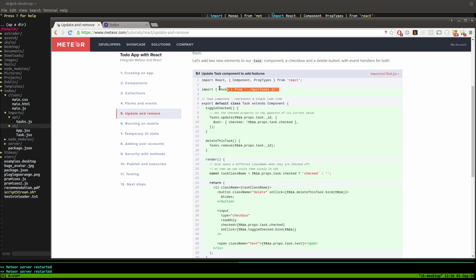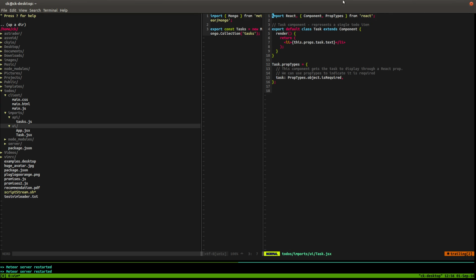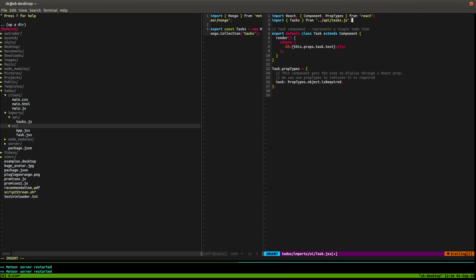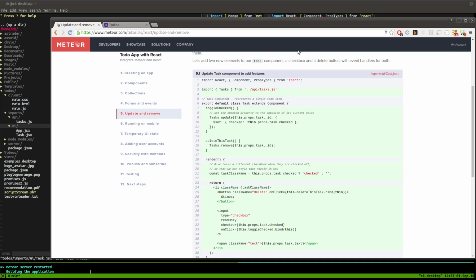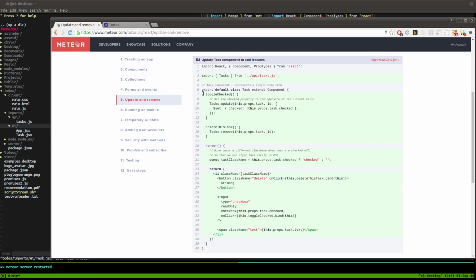So let's import the tasks collection into our tasks.jsx file. So we're going to go like that. And I'm just going to pretty much just copy paste all of this. We got a toggle checked method that's going to call update and set each one to checked when you want to cross one out. I think this will probably add like a little radio button or a checkbox of some sort. It's all down here. And then we're also going to add a delete task, which will remove the task based on its ID from the database. And